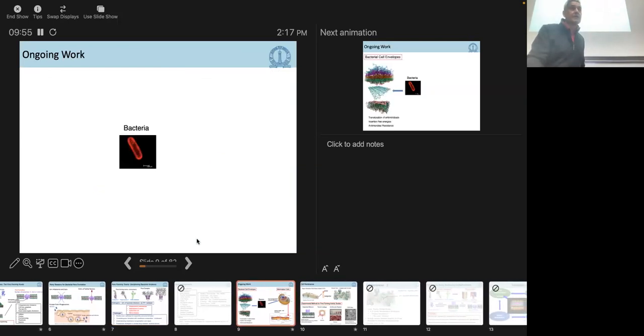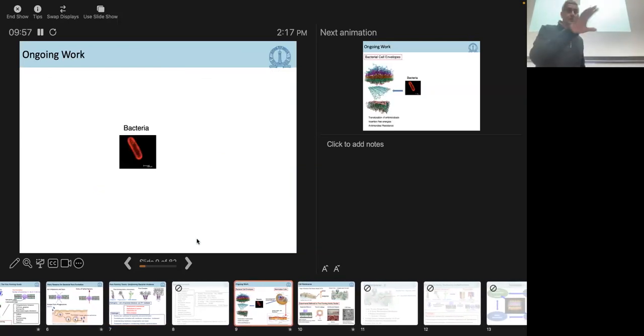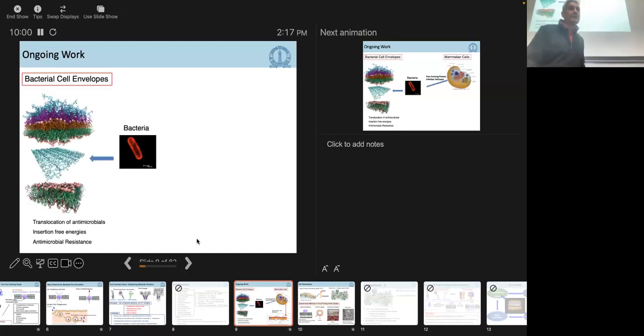So some of our ongoing work, I'll just give you a broad view on what we do in this space. We've been looking at the bacterial membrane and trying to build models for the bacterial membranes to understand how molecules transport through these membranes. So this is a gram-negative bacterial cell membrane. This is the inner peptidoglycan cell wall. This is the outer membrane which contains lipopolysaccharides, and this is the inner membrane, the inner bilayer composition.